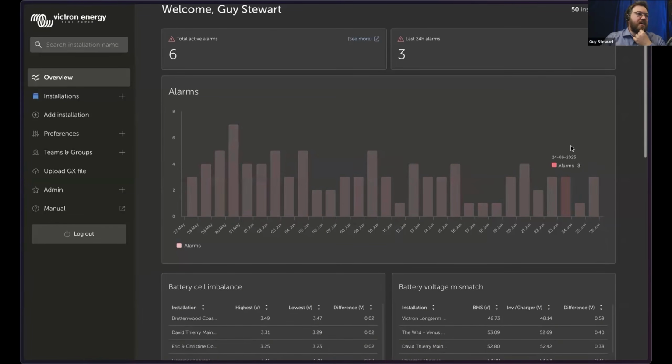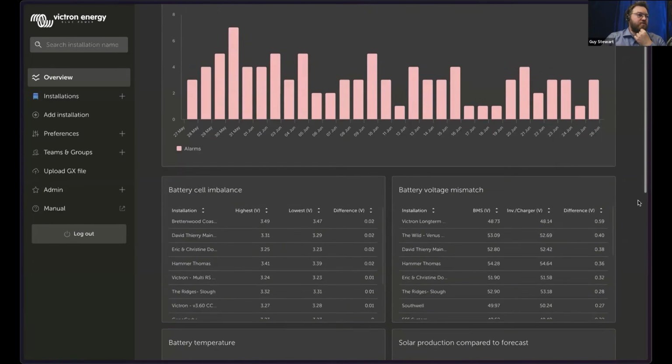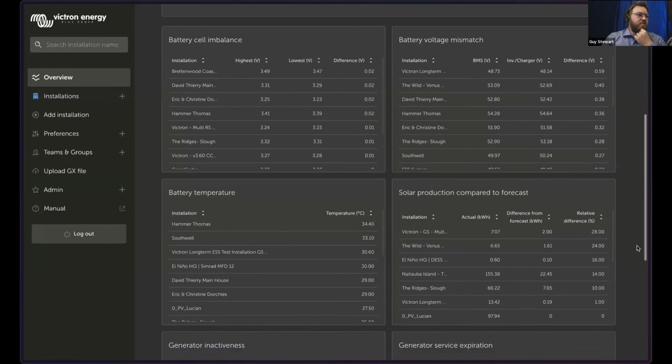These alarms are the generic alarms you're used to knowing about, like a battery's got a low state of charge or something like that, or some other site situation you should be aware of. If I scroll down, you'll begin to see these little window boxes. We ran through probably about a dozen options for what these are. To best explain, these are taking data from across all sites linked inside your VRM and analyzing some of those key data points that we think could be useful for you to know.